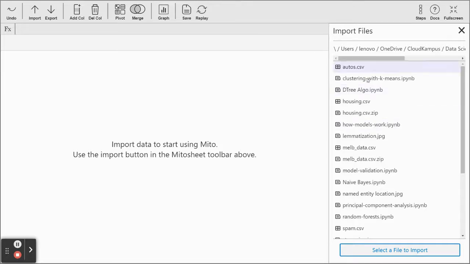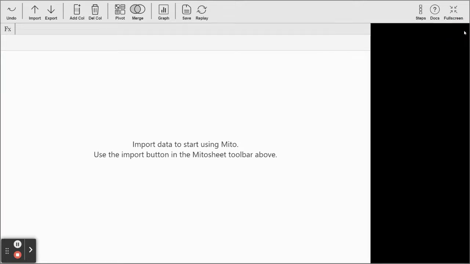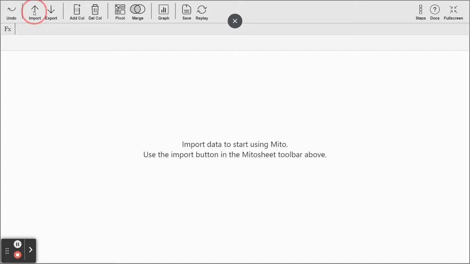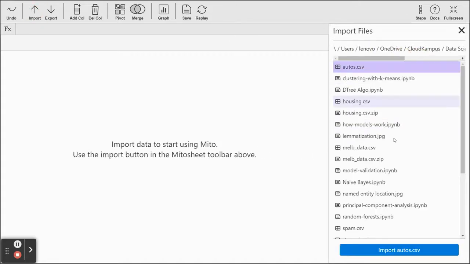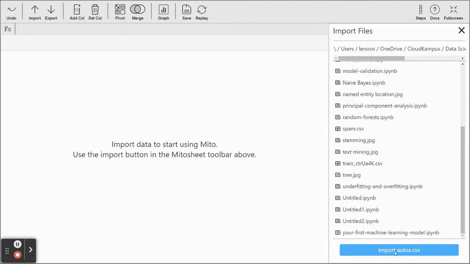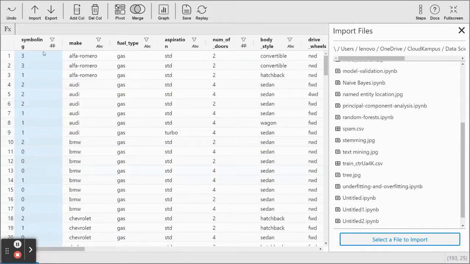From here you can select which file you want. I'm selecting the file to import, click import, and then select auto.csv. You can see that your file appears here.